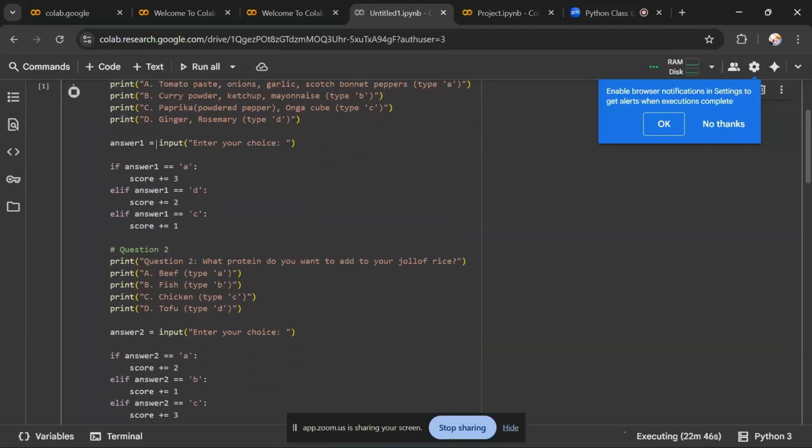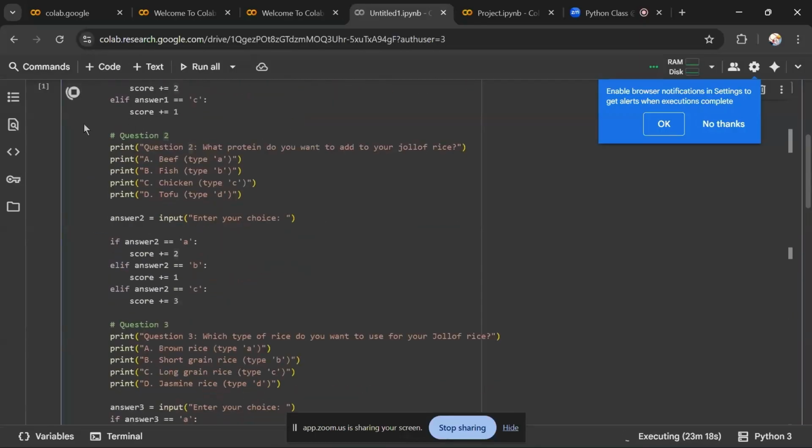And there's also this code that creates where you type the answer. So you see "enter your choice." Then you type the letter which you think is correct. If answer 1 is equal to A, you get 3 points. If it's D, you get 2 points. If it's C, you get 1 point, meaning if it is B, you won't get any points because I didn't indicate any B here. And question 2 also follows the same procedure,